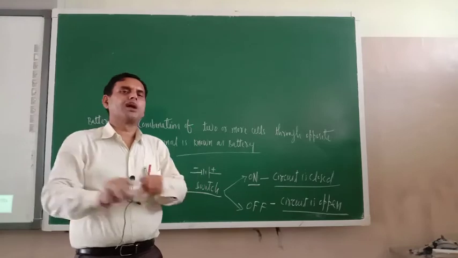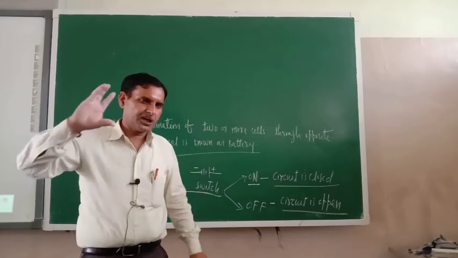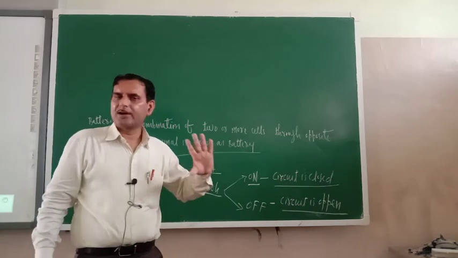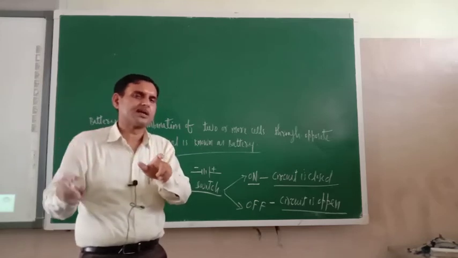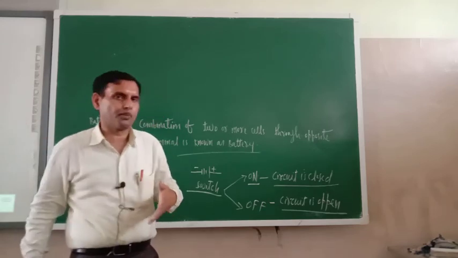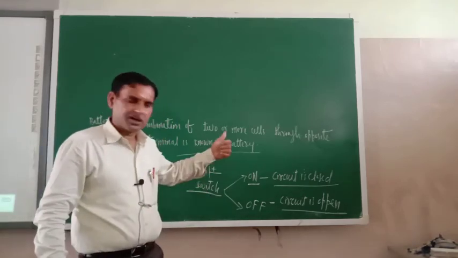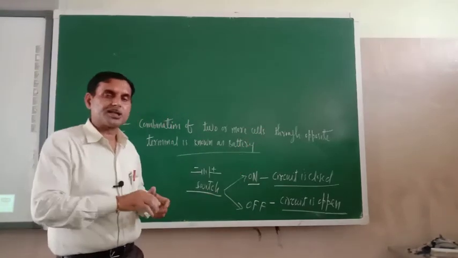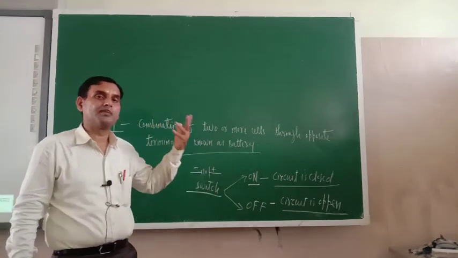Now all the symbols, you should make one separate page in your notebook. One page exclusively meant for electric symbols, and you should write those symbols and in front of them the name of that electric component. Like bulb, what is the symbol? What is the symbol of switch? This is the symbol of switch. What is the symbol of other components? All these things, one separate page is required. I hope that you will understand that one and you will make it.